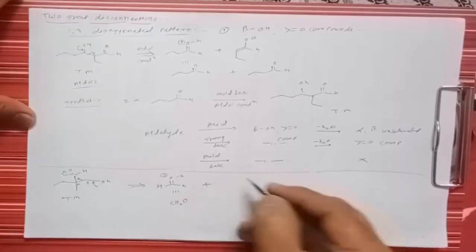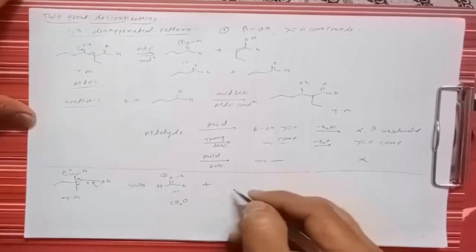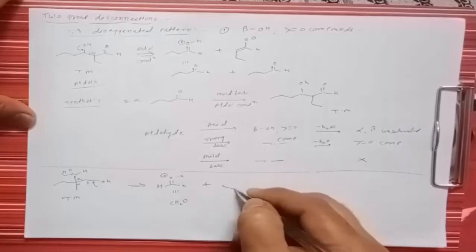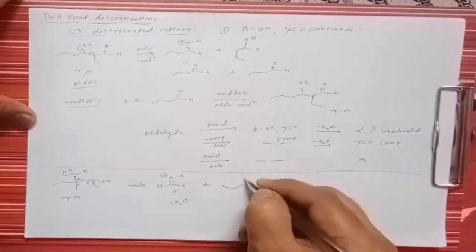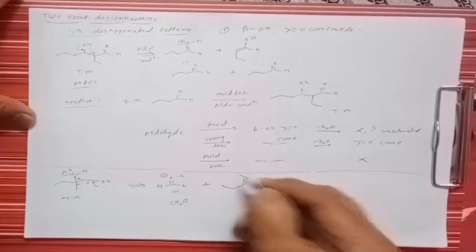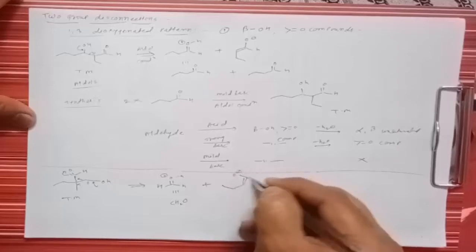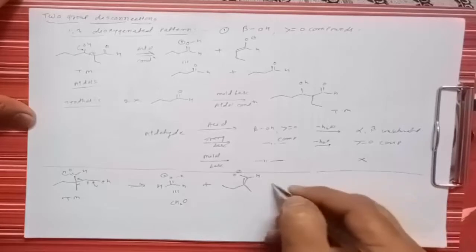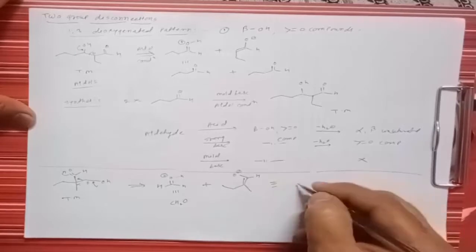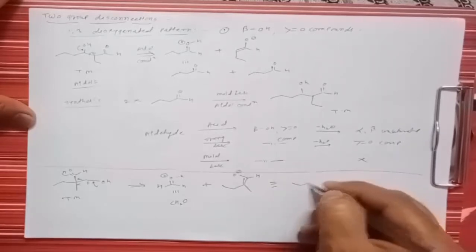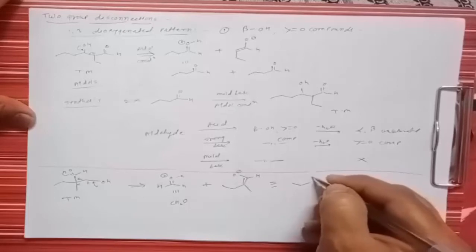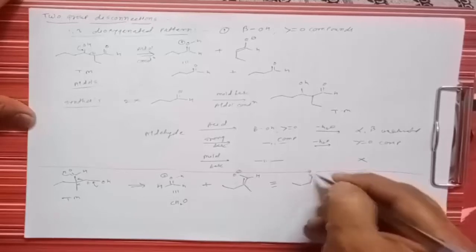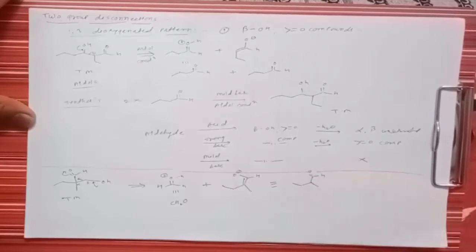Along with what it gives a synthon, that is CH3CH2, then here is a double bond, along with it there is an O minus. This is hydrogen, and here is a CH3. Then the synthetic equivalent for this molecule is CH3CH2, then C double bond OH, and here is CH3.